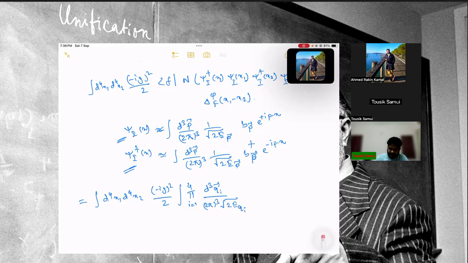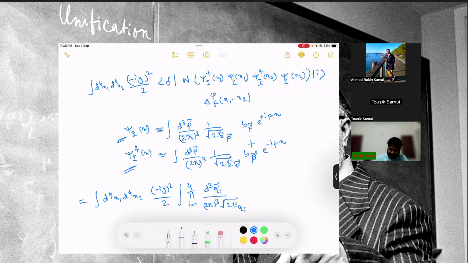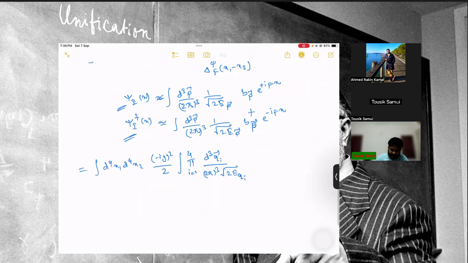And then, of course, we have the whole thing, b_{q1} dagger, b_{q3} dagger,